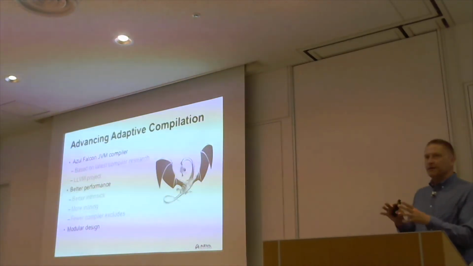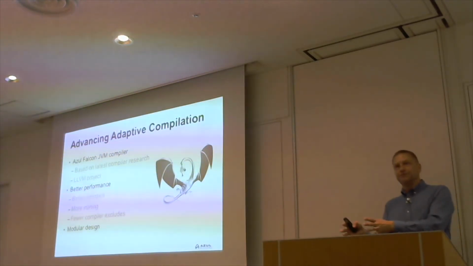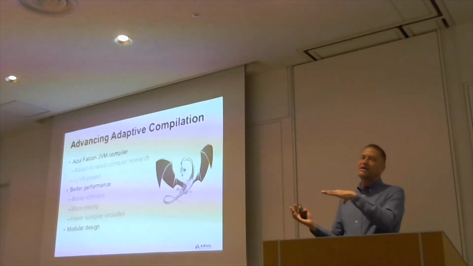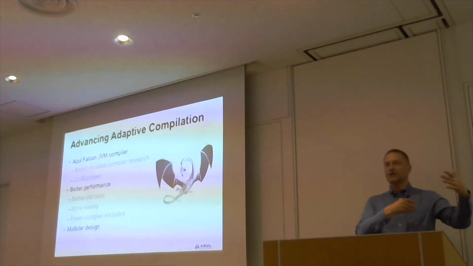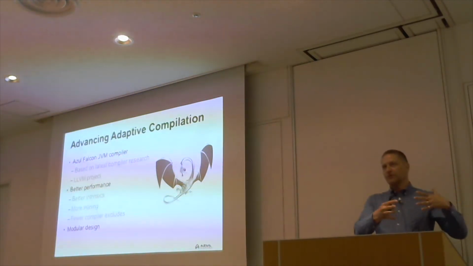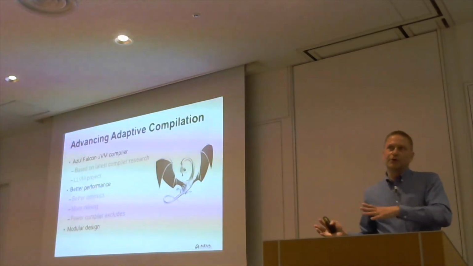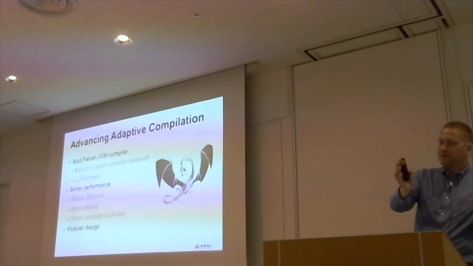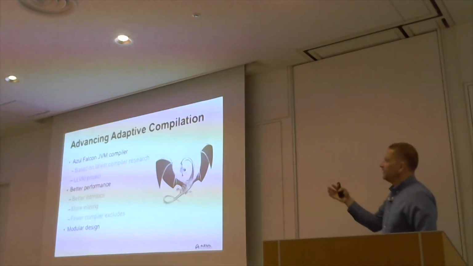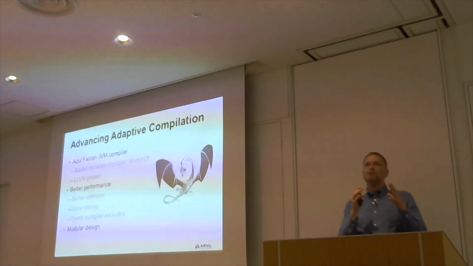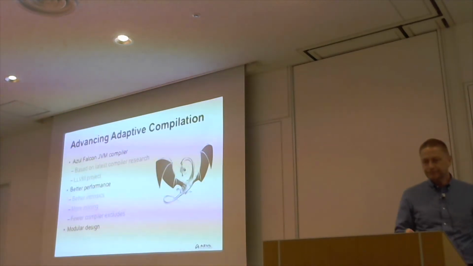What we did was we said, okay, that's a good starting point, but it's designed for ahead of time compilation. We took the compiler code and integrated it into the JVM. So we had to integrate it with the garbage collector, and with the way the thread scheduling works within the JVM, and do stuff like that. Having done that, we put our changes back into the open source project so other people could use it, because we're good open source people, and we ended up with a nice JIT compiler that was modular in its design, and we could do lots of interesting things with that.